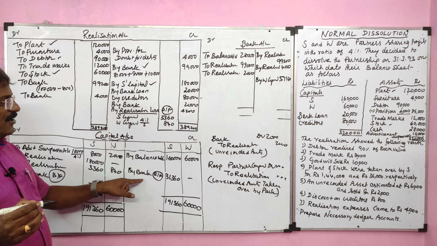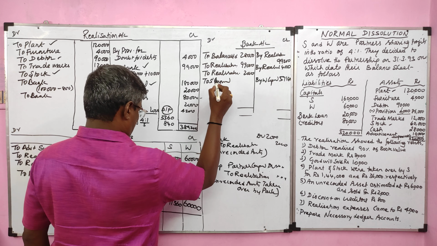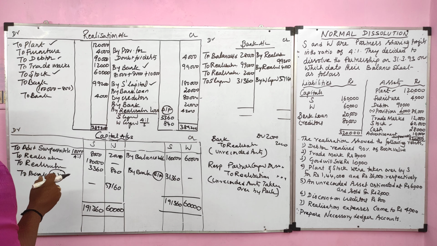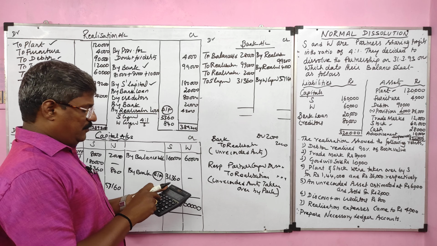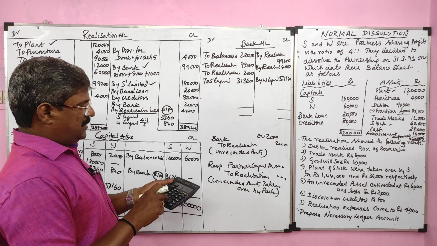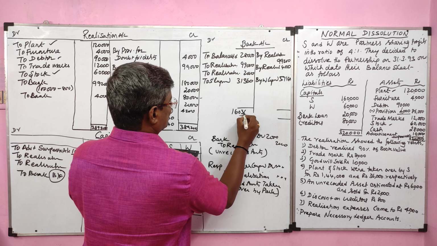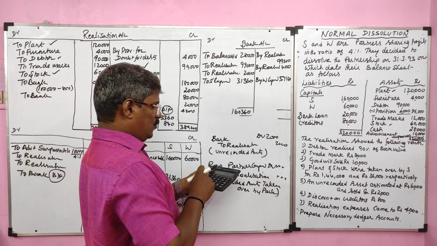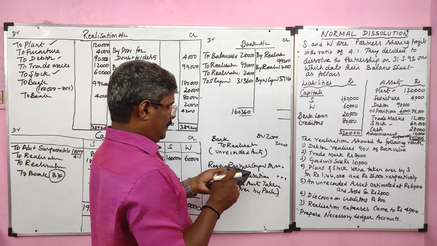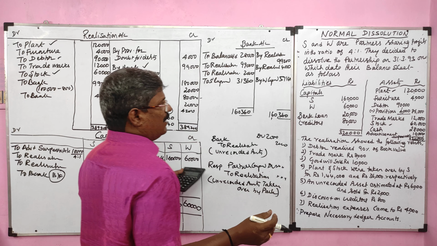Likewise, the deficiency capital we should collect from S. The entry is bank account debit to S. So bank is debited, to S capital 31,360. Now we should total the bank account. It should agree. Debit side value 28,000 plus 99,000 plus 2,000 plus 31,360. The total of debit side of bank account is 1,60,360. Credit side 99,200 plus 4,000 plus 57,160. So the credit side value is 1,60,360. Students, our answer is correct.